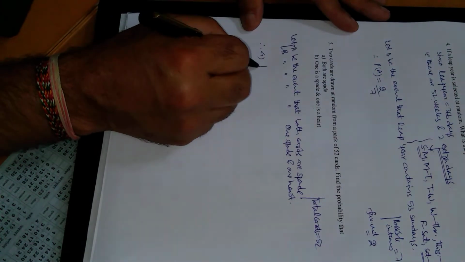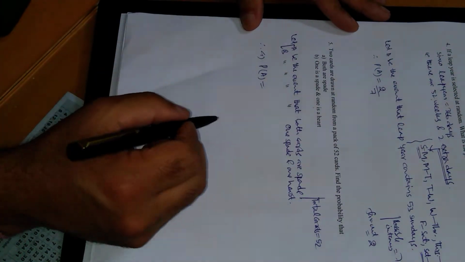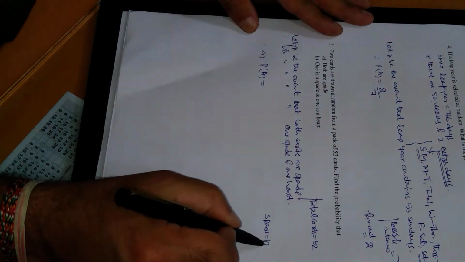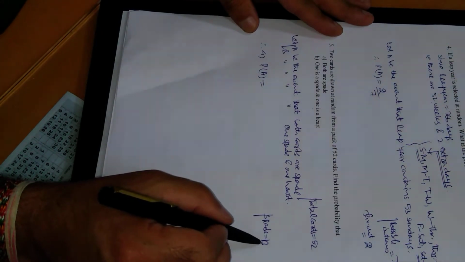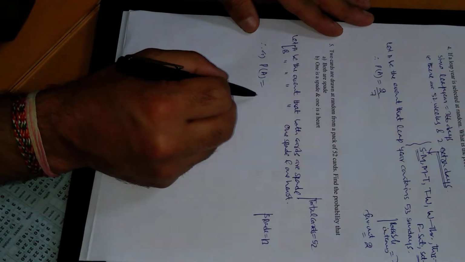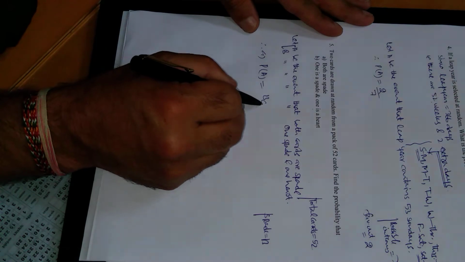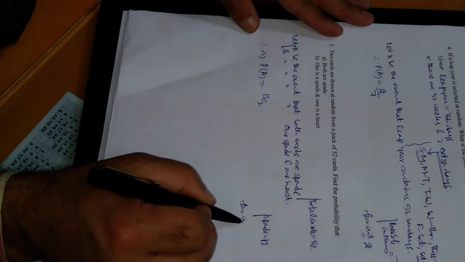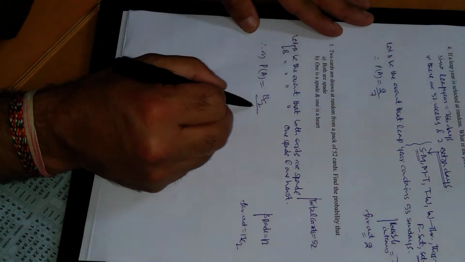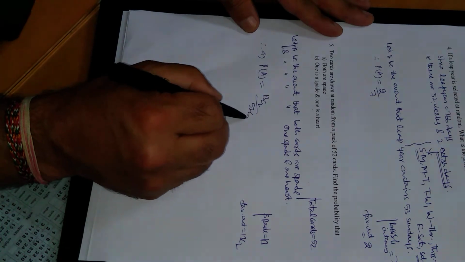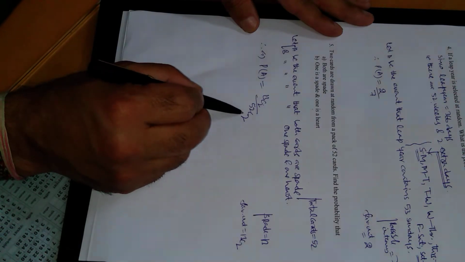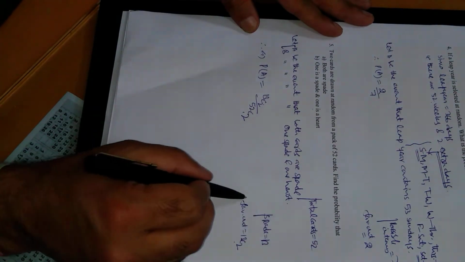Therefore, we have to find the probability of A. A means both cards drawn are spades. As we know, spades are 13. So we have to select or draw 2 cards from the spades. This can be done in 13C2 ways. Favorable outcomes are 13C2, because it will be a combination. We are selecting 2 out of 13, and for total outcomes, out of the total 52 we are selecting 2 cards. So these are the favorable outcomes and this is the total possible outcome, because cards are 52 and out of 52 we are selecting 2.